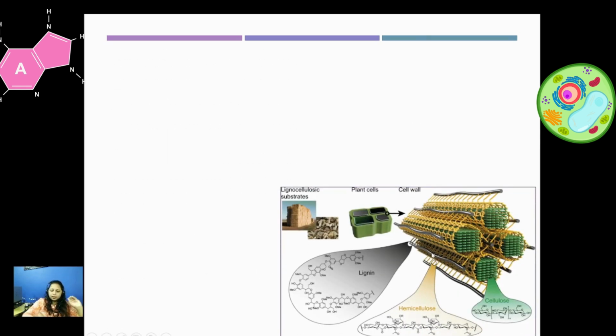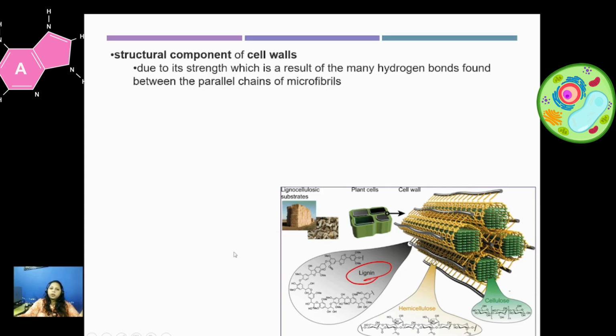Now, this is the cell wall. The cell wall has a cross-linkage structure, which gives it strength. These green ones are the cellulose, these yellow ones are the hemicellulose, while this silver one is the lignin. Now lignin is a material that gives strength mainly in xylem. You must have learned in xylem as well, because xylem also needs strength to stay strong, so it's a structural component of the cell wall.